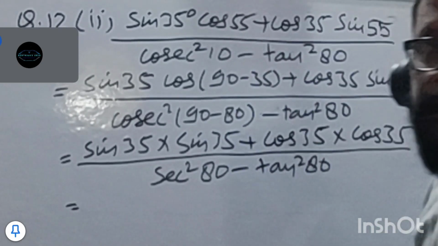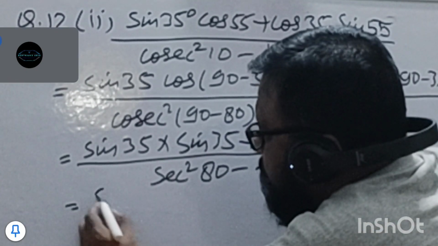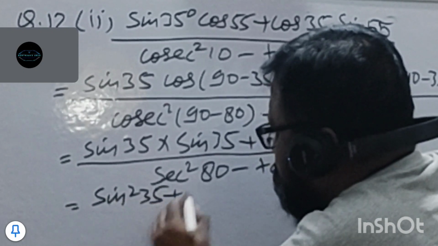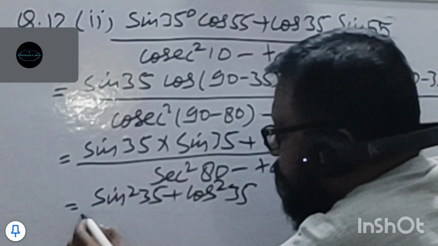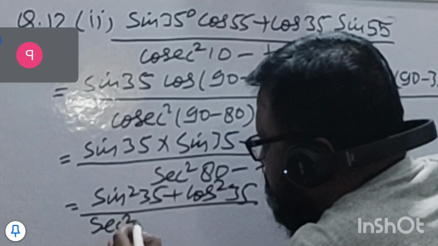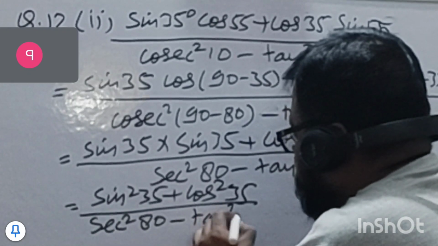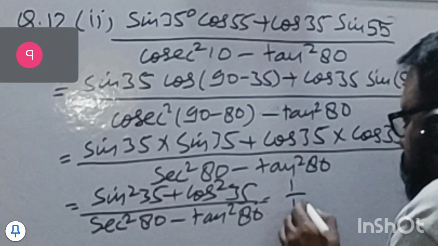Now we have sin 35 becomes sin² 35 plus cos² 35, upon sec² 80 plus tan² 80. So now it becomes 1